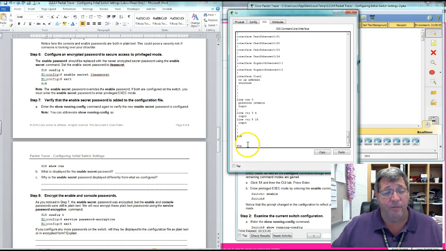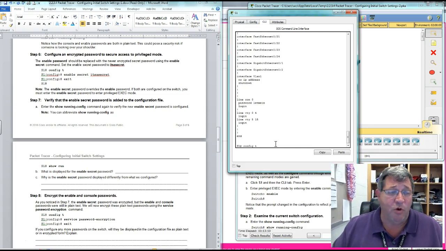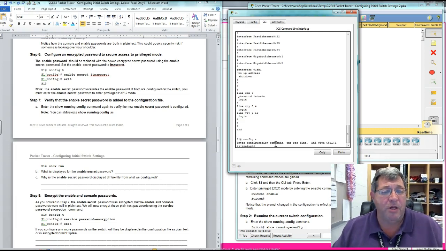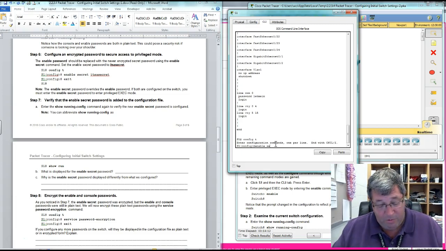Now, to do that, you'll notice as this goes on, the commands get shorter because you can abbreviate to a certain degree as long as the operating system knows what you're looking for. So by typing in config T, that would be the same as configure terminal. Now I want to do enable secret, and my new one is